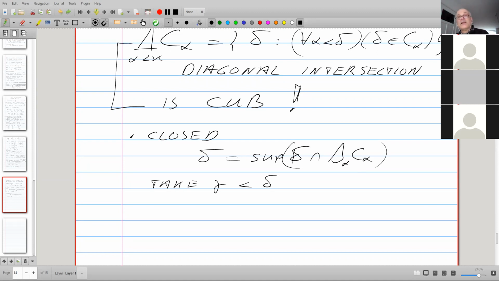So take a gamma less than delta. Okay, I forgot this. I always have to do this the right way. It's closed. Okay, I have my letters mixed up, but never mind.